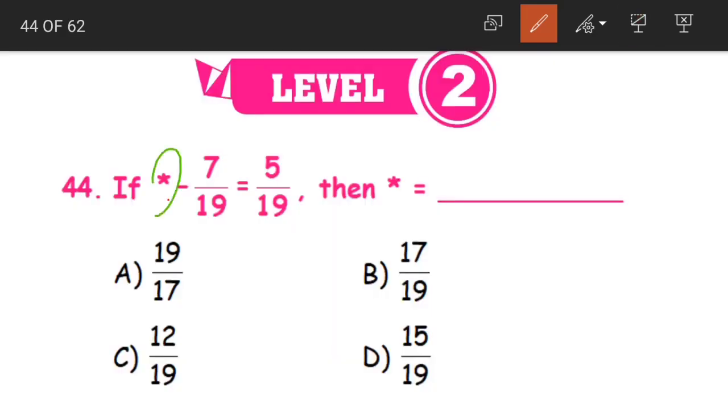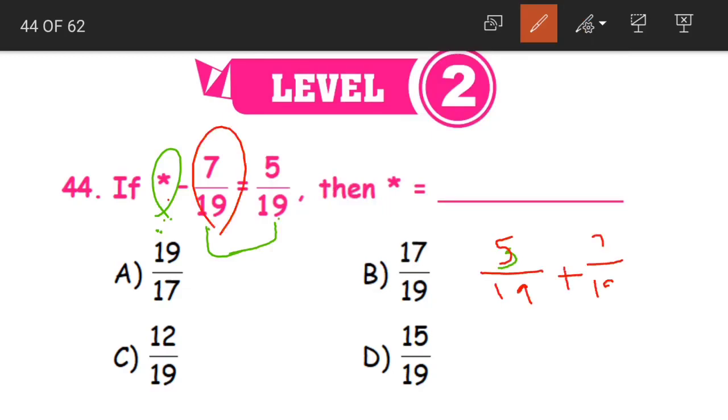In the same way here, to find out our fraction, which is a minuend, we have to add both the difference and the subtrahend. 5 by 19 is the difference plus 7 by 19 is our subtrahend. When we add these two together, the given two fractions are already like fractions, so we can go for directly adding them. How will we add it, children? Add the numerators. 5 plus 7 divided by 19 is our common denominator. 5 plus 7 is equal to 12 divided by 19.